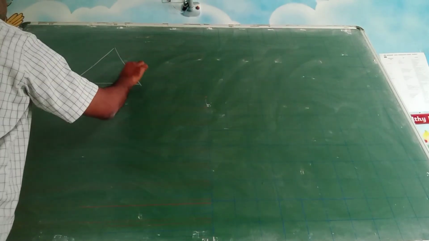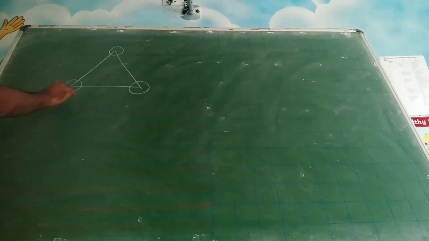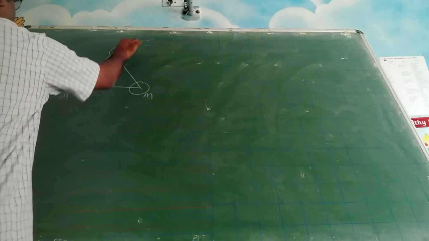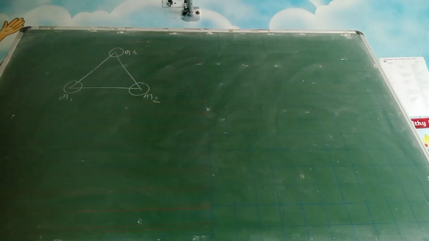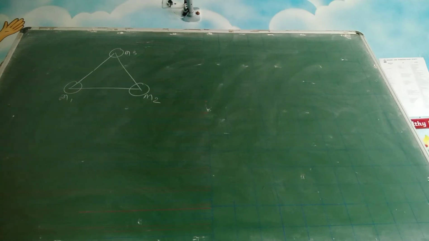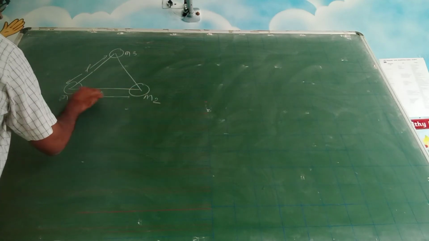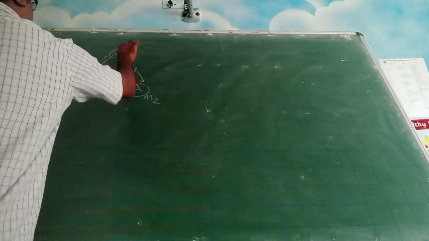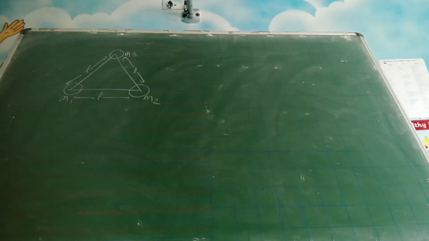Now suppose three masses are arranged in the form of an equilateral triangle. All three masses are of mass M. So this is the first mass, this is the second mass, and this is the third mass. Alright, and we will take a numerical otherwise. And the distance between them is L. It's an equilateral triangle. Alright, so suppose on mass 2, we want to find out what is the net gravitational force.